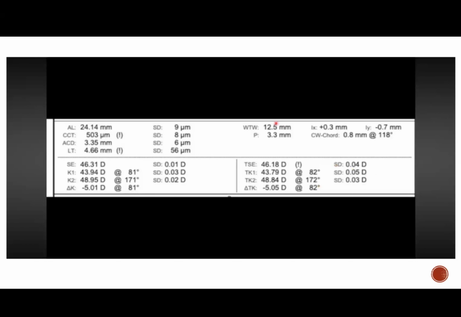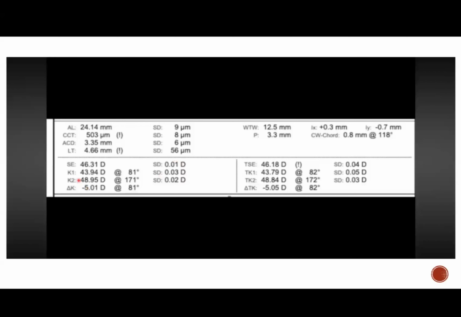And it gives a white-to-white value, and this gives the axial length and corneal thickness. If you want, you can take it, because it measures the front and the back surface of the cornea. It gives a correct, accurate anterior chamber depth value, and this gives the lens thickness. So it's a very, very useful tool. This is a white to white. So these measurements are mandatory for nowadays present IOL formulas.